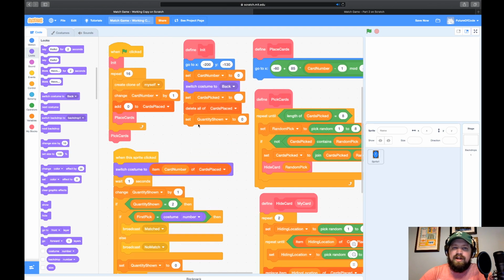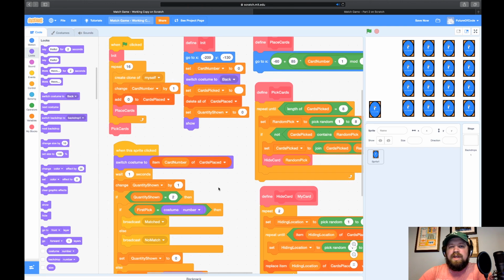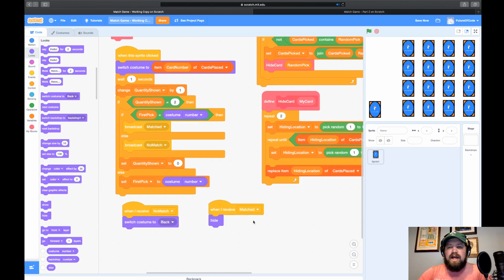So let's go back to init. And in initialize, we want to make sure we show all of our cards. Okay, that's okay. We can figure this out. So we show all of our cards again in init. Let's go back down to hide. Now let's think about this. I am doing an action here that's showing cards.